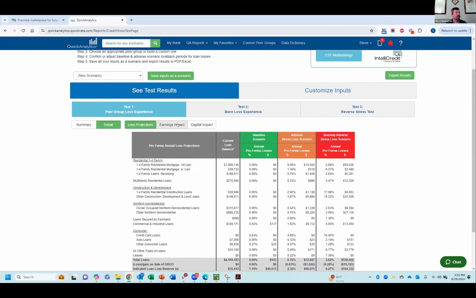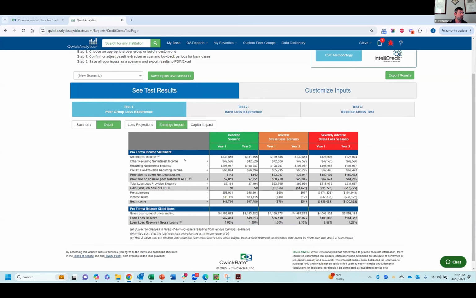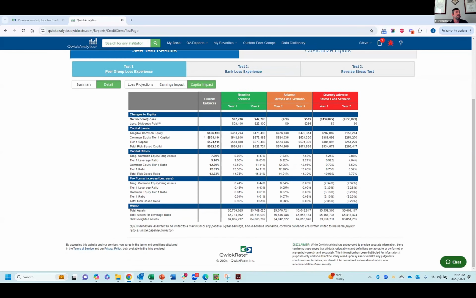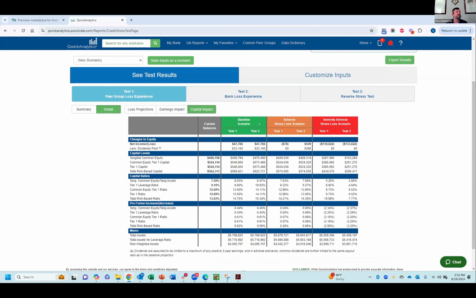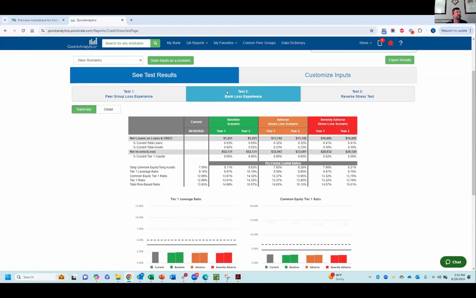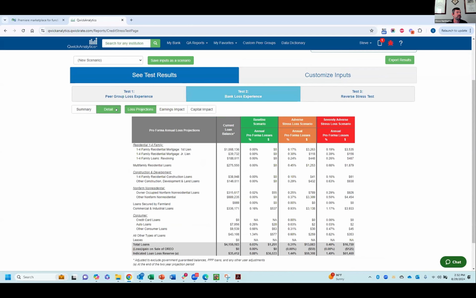Once we've done that, we can go ahead and reproject our earnings. So here we are looking at net core operating earnings. We're layering in our losses that we have to provide for. We're layering in additional provisions to get those reserves up to a higher level, and then recalculating and getting back to a reprojected income. And then the final step is capital. We're taking your current capital levels and ratios and layering in those earnings or losses and dividends or lack thereof. So those are the steps. Same exact steps for test 2 as in test 1. So we run that the exact same way.